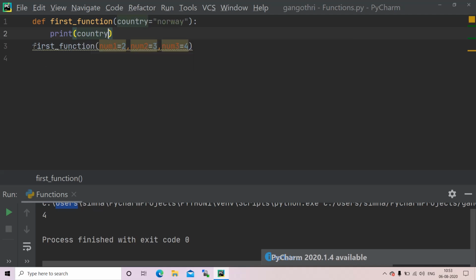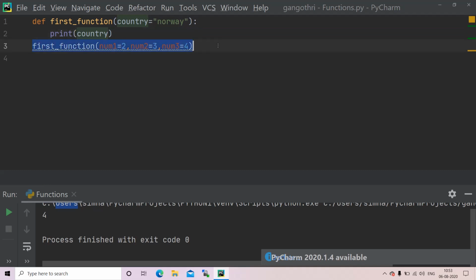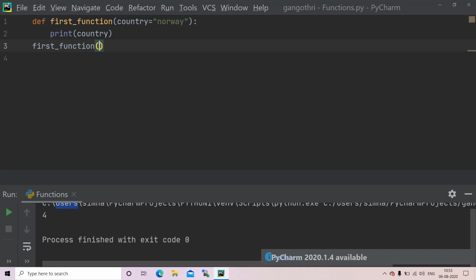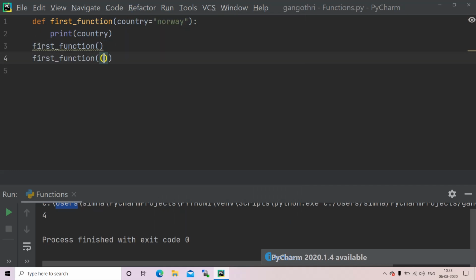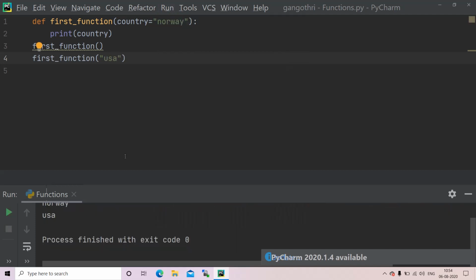I'm just showing very small examples to make you understand. You can play with it after knowing the code. Okay, now I'll call my first function. This time I'll not give any argument here, and again I'll call my first function, giving, this time I'll take, yes. Okay, now I'll run my program, run functions.